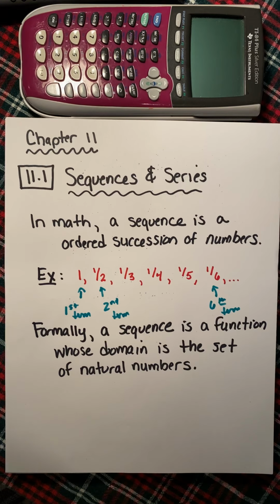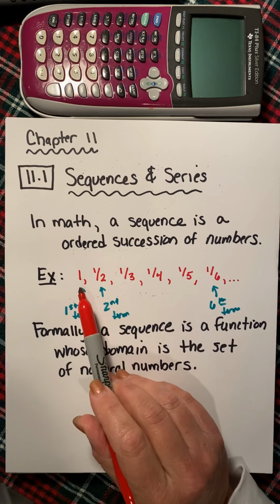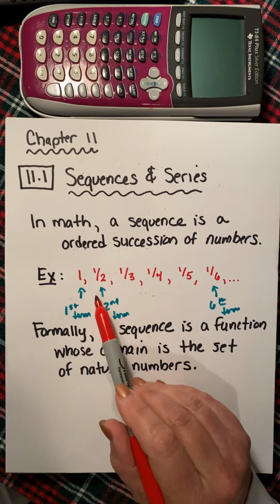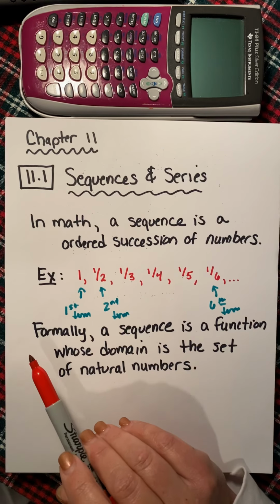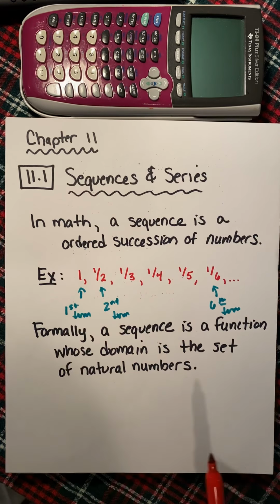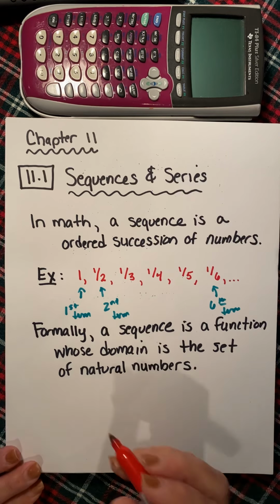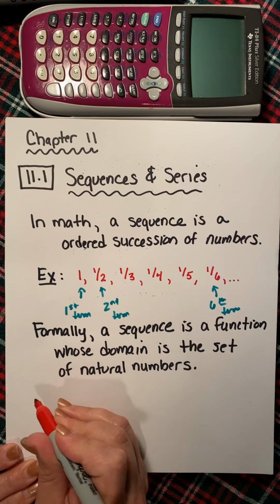Formally, a sequence is a function whose domain is the set of natural numbers. Well, what does that mean? Well, it's a function because there's only one first term, only one second term, only one third term. So the input is the position in the sequence, and the output is the actual value. So for the example above,